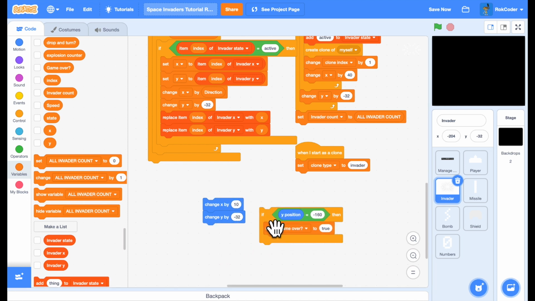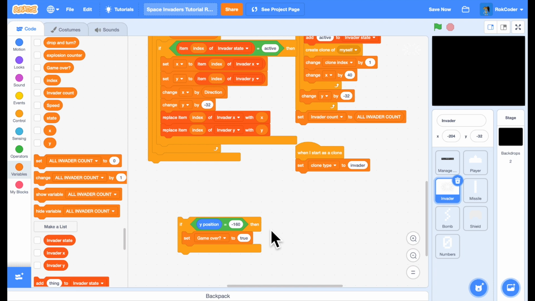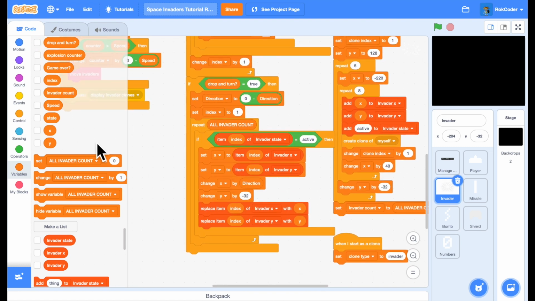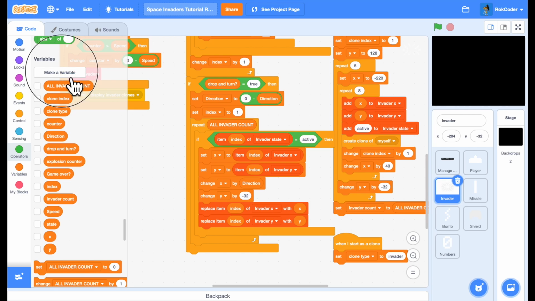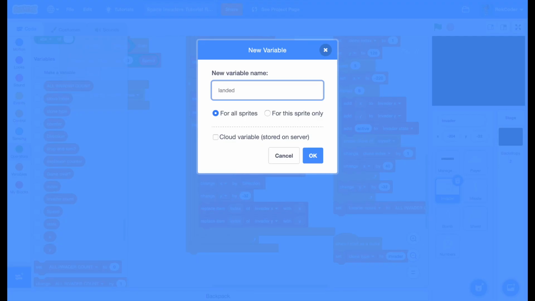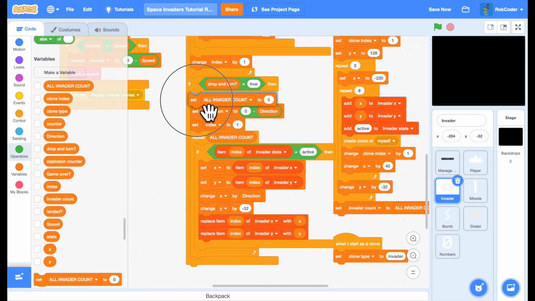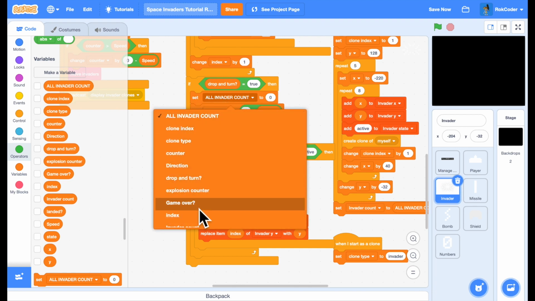Which brings me to this point. If the invader has reached the bottom of the screen, then the game is over. But again, we're not interested in doing that just for one invader. We want if any of the invaders has reached the bottom of the screen, then the game will be over. So in a similar manner to how we did before with drop and turn, we will create a new variable called landed, question mark, because it's true or false. We'll start off with landed being false,